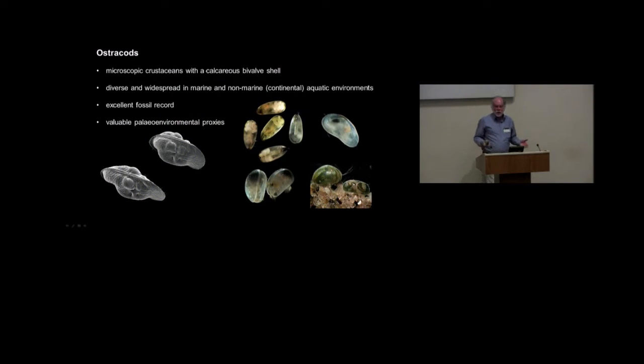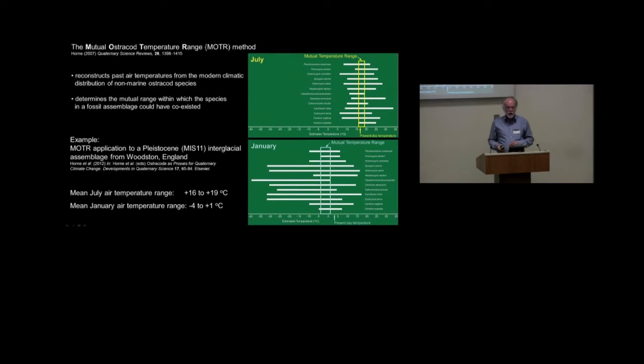In case you don't know, ostracods are microscopic crustaceans. They have a calcareous bivalve shell. They're very diverse. They're widespread in practically every kind of aquatic environment, marine and non-marine. They have an excellent fossil record because they have calcareous shells, go right back to the Ordovician, and they're extremely valuable as paleoenvironmental proxies. And an example of their use is something that I've developed, which is the